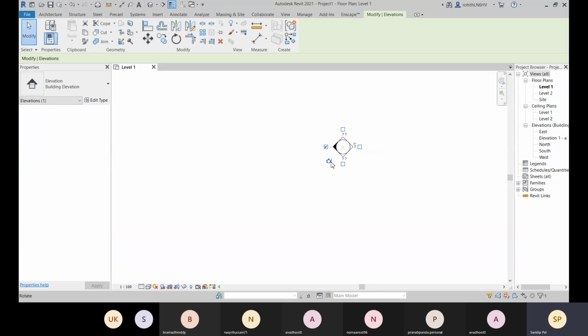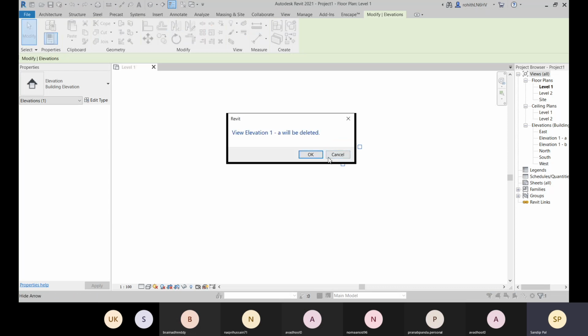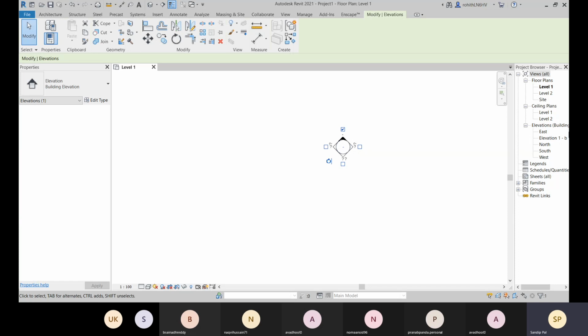From this direction I will have my elevation view, and in this direction this camera is set for the elevation view. You can choose this direction also, so you can include these two directions. You can uncheck this direction, and this elevation view will be deleted. This one is created here, and that view will be deleted from the project browser as well.